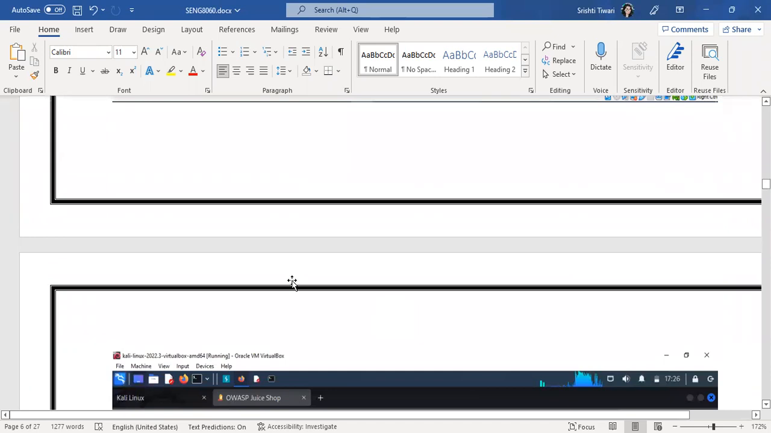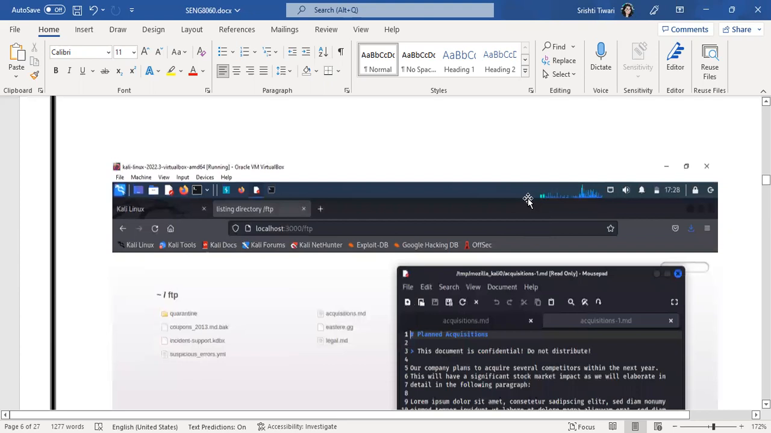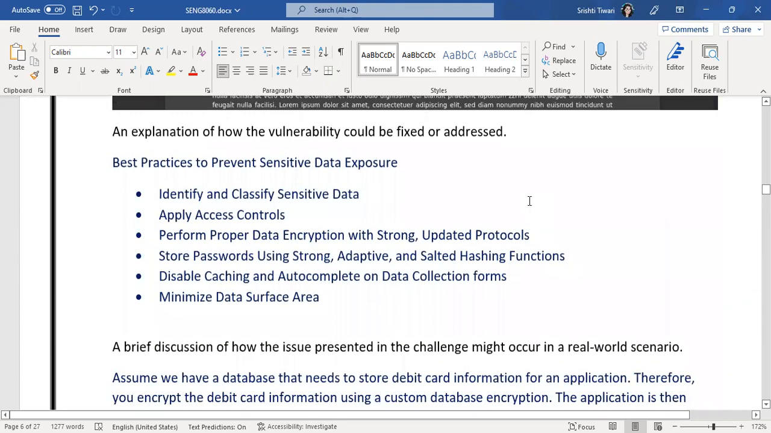So we have exploited the vulnerability to access the confidential data without an alert. And here, how do we prevent this vulnerability? We can identify and classify sensitive data, apply access control, perform proper data encryption with a strong, updated protocol, use strong passwords with a strong adaptive and salted hashing function, disable caching and autocomplete on data collection forms, minimize